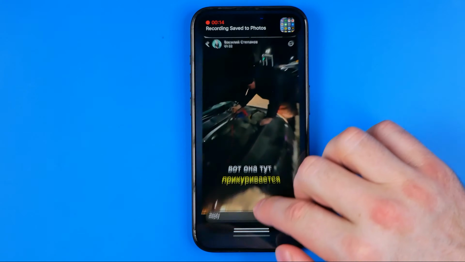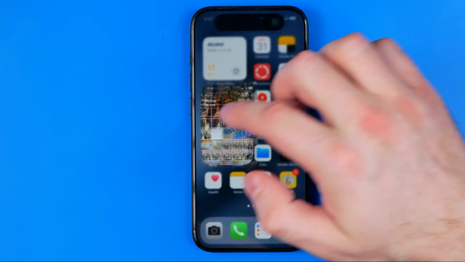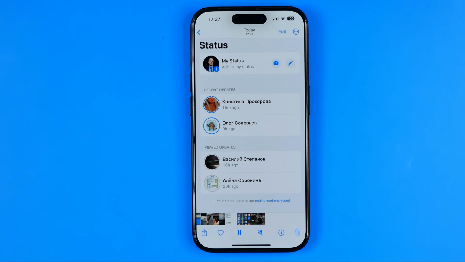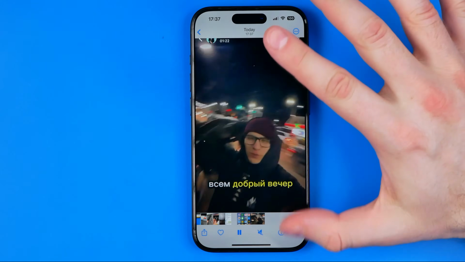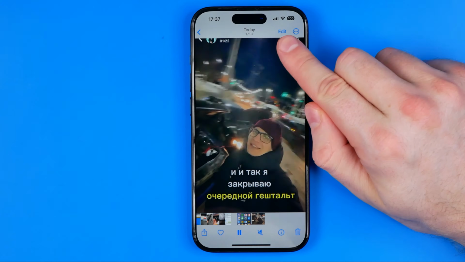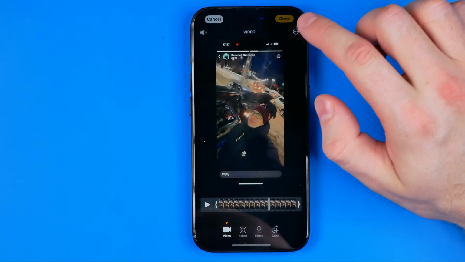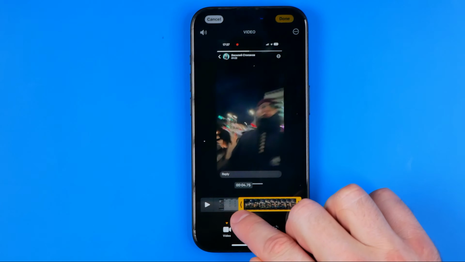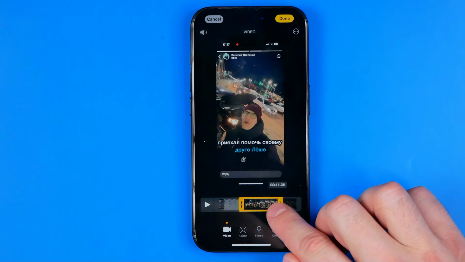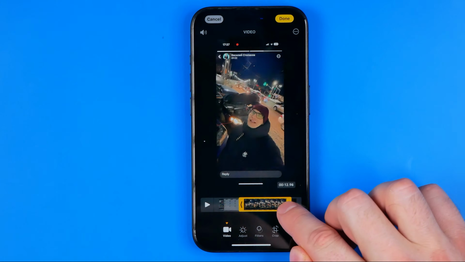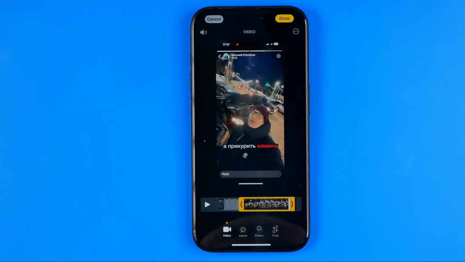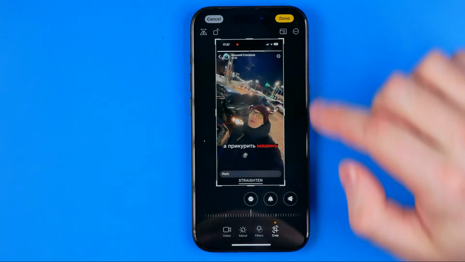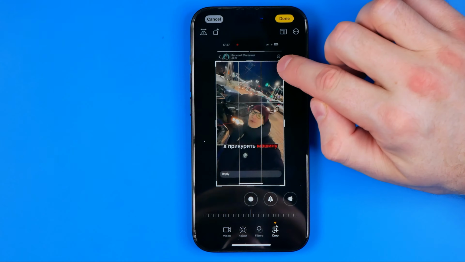It is saved to Photos, and then if we head over to the Photos app, we can easily find the video we have just recorded, and then we just need to trim it a bit. To do that, we need to tap Edit, and then we can trim it from the start, and in the same way we can trim it from the end. Also, if you would like to crop it, you can easily do so. Just tap right here at Crop, and then we can